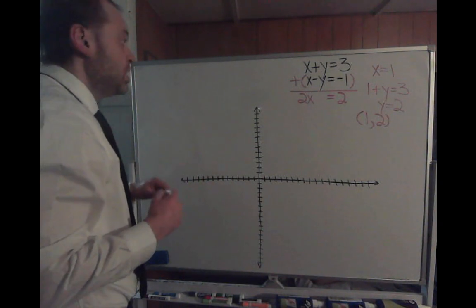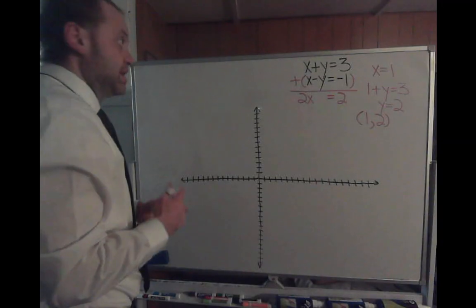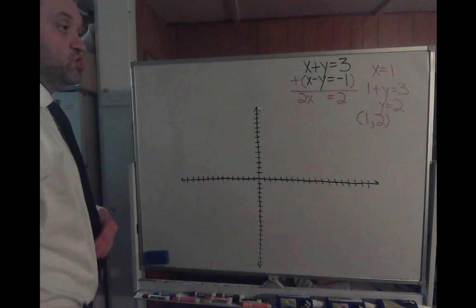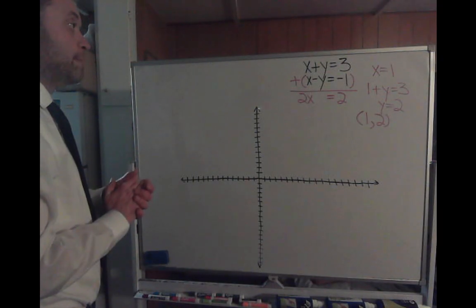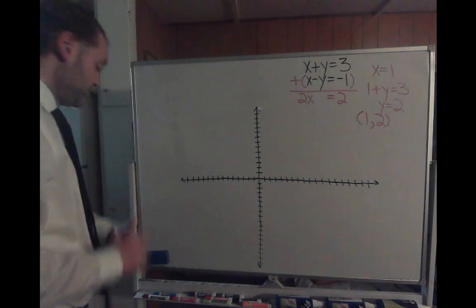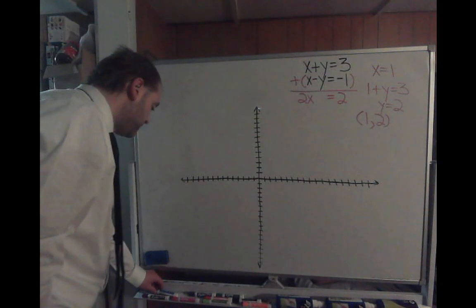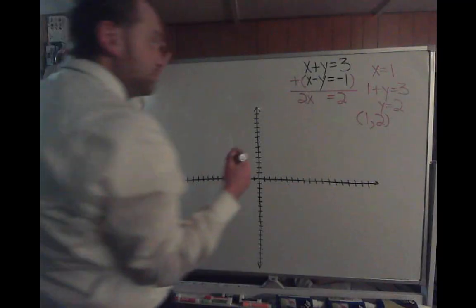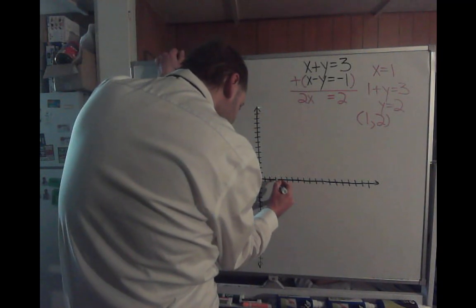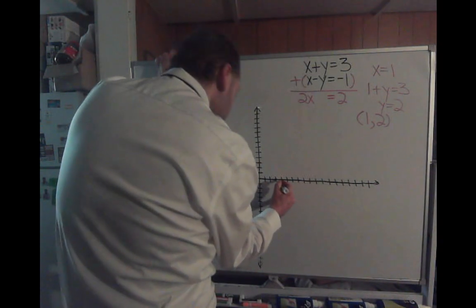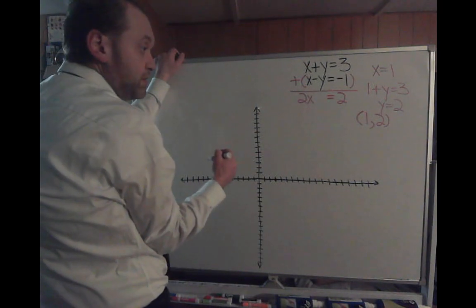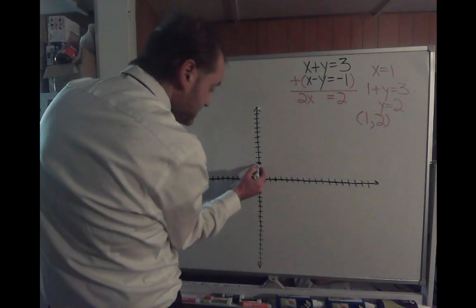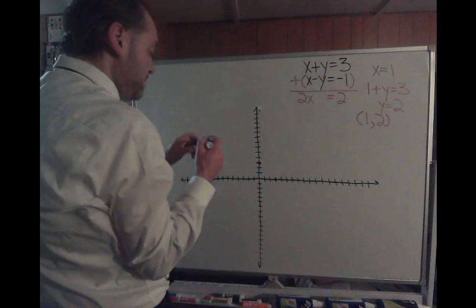Now, what if I also want to graph the lines? Well, it's nice and easy for us because these are in general form, standard form, so all we need to do is find the x and y intercepts. If we deal with the first line, x plus y equals 3, the x-intercept would definitely be at 3, so (3, 0) for that. And then the y-intercept would be at (0, 3) also. So just plot those two points, and then you have also,